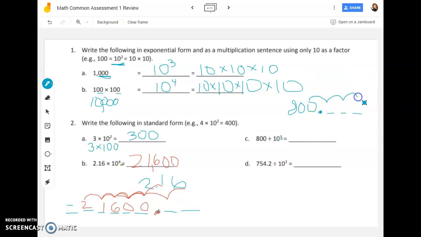1, 2, 3. There's that 0. 1, 2, 3. There's that 0 and my 8. 1, 2, 3. So from 800 to 0.8. Okay. And right here, we're going to slide all of our digits over 2 places because my exponent is